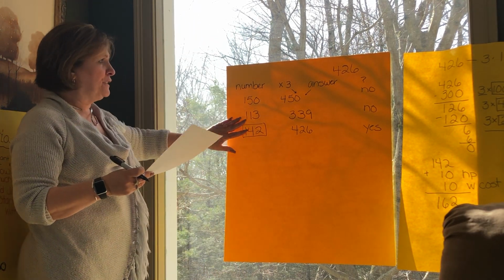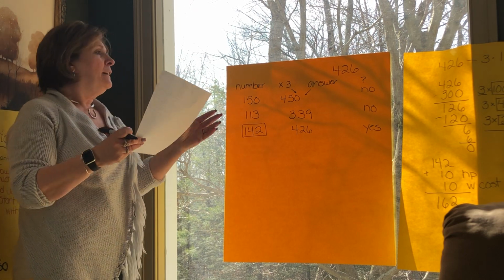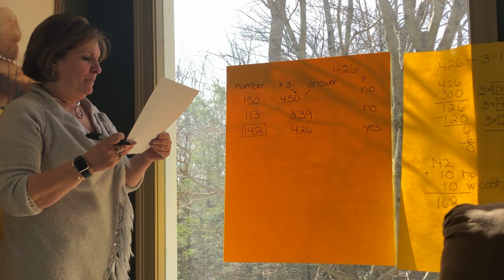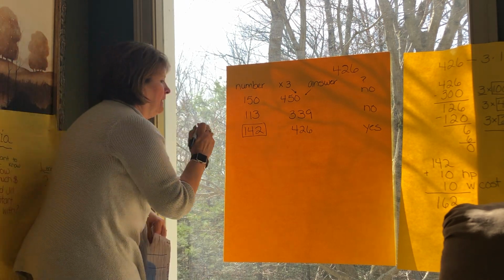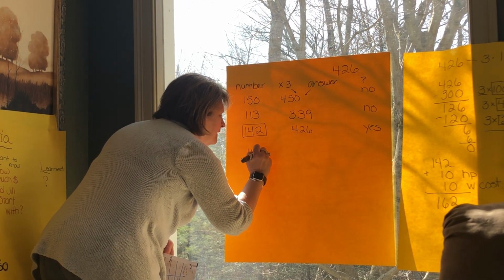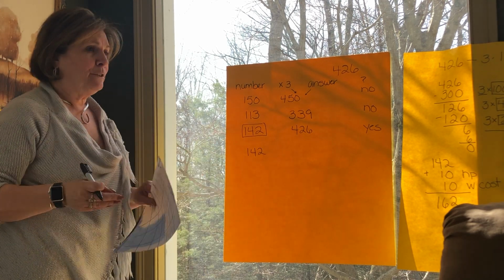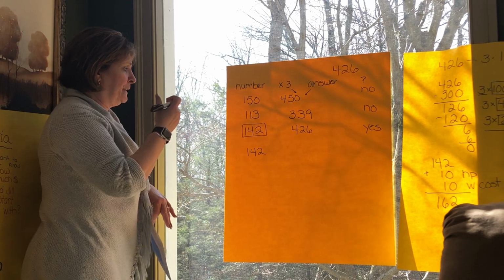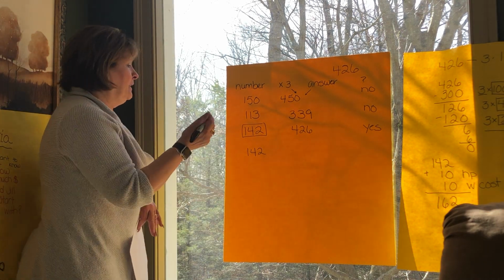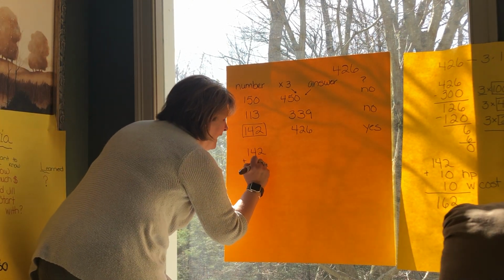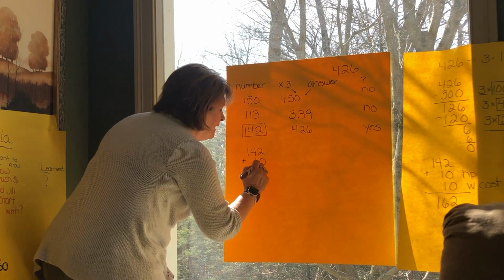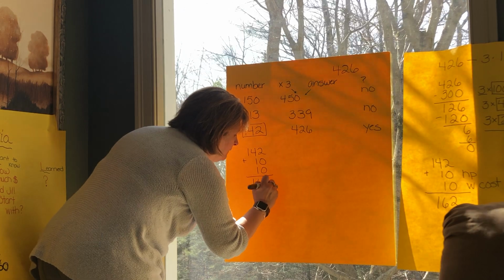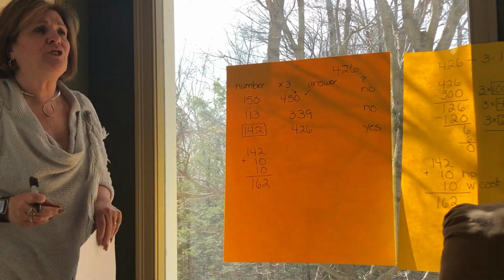So she took the first step. She's also working backwards. But instead, she's kind of trying to guess what the number might be. Then she said, okay, if I knew she gave him $142, then she must have, because she had already paid $10, now I'm going to add the $10 for the homework pass, and I'm going to add the $10 withdrawal fee, and I'm going to end up with, at some point, she had